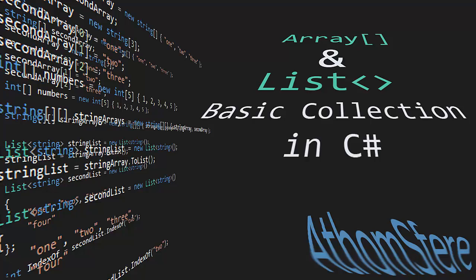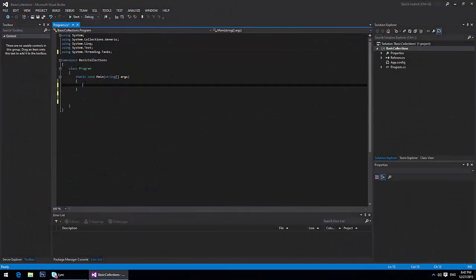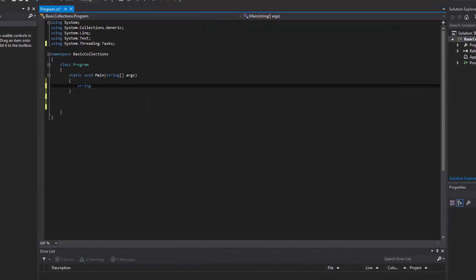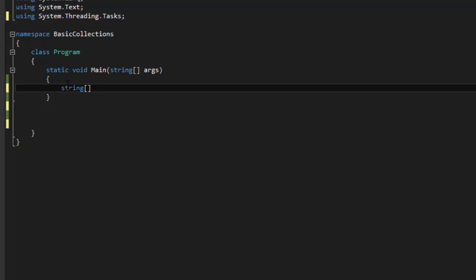I wanted to start with two of the most basic collections. One of which is just your basic array, and there's a whole bunch of different ways we can declare an array. I'm doing all of these with string arrays. One of the first key points is that in C Sharp, compared to some other languages, you put your little array declarator, that little double box parenthesis thing, on the type and not the name of the array. So we're going to call this one